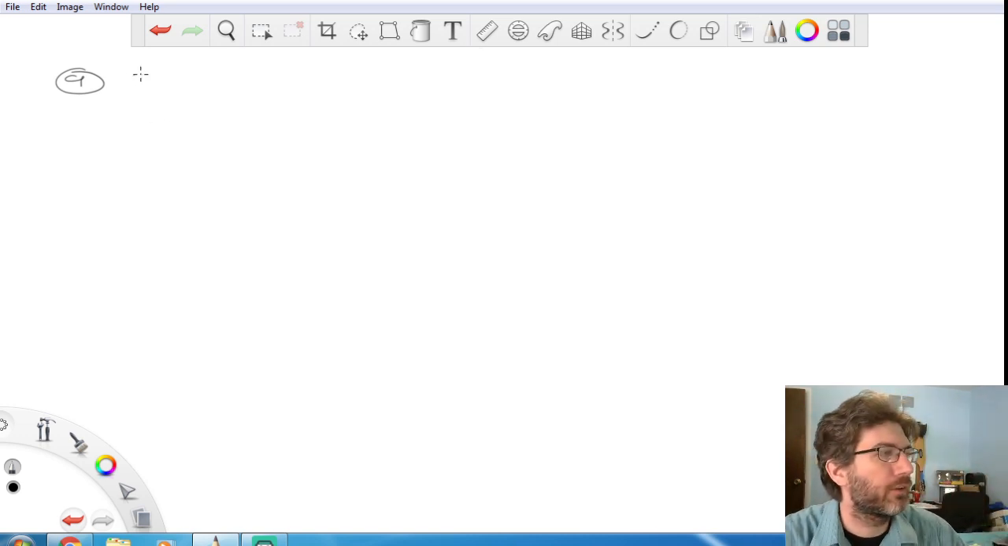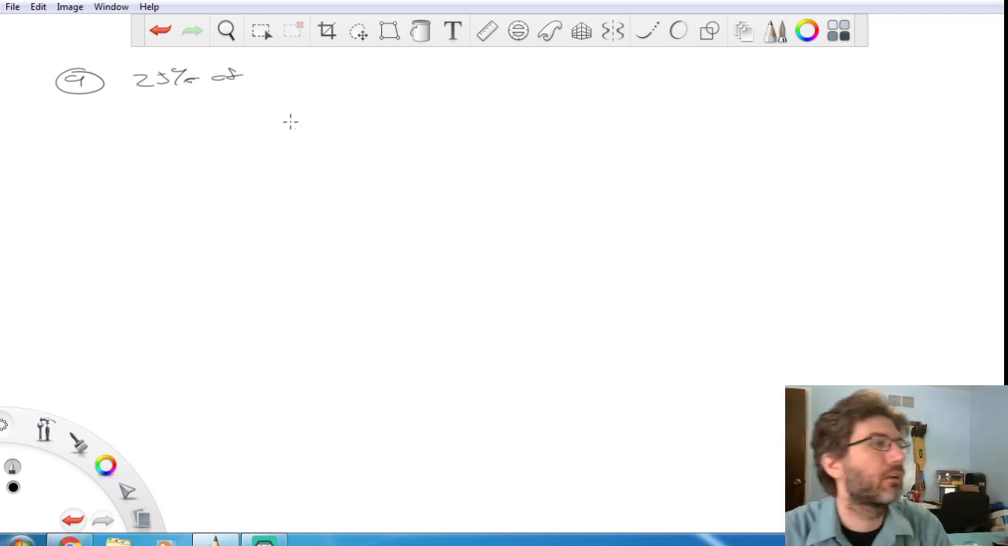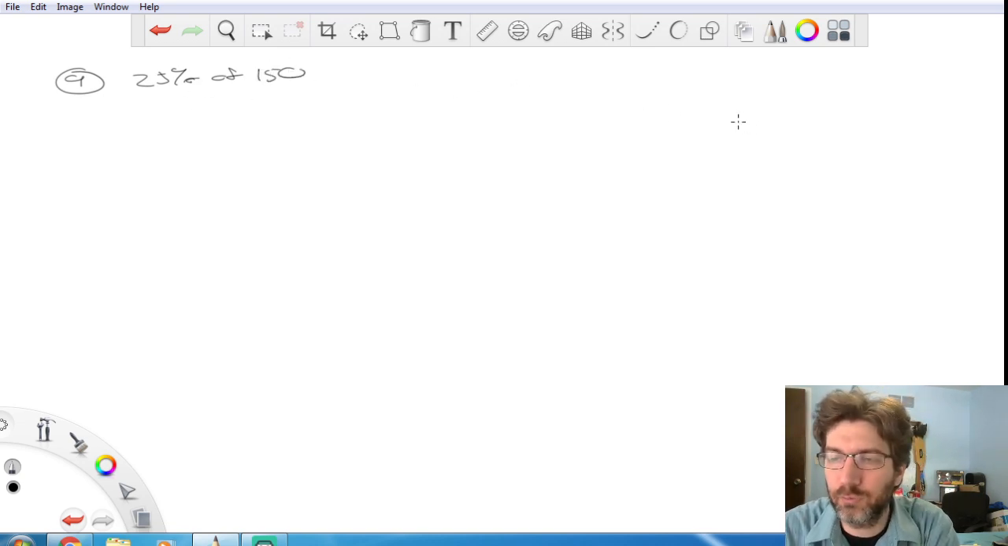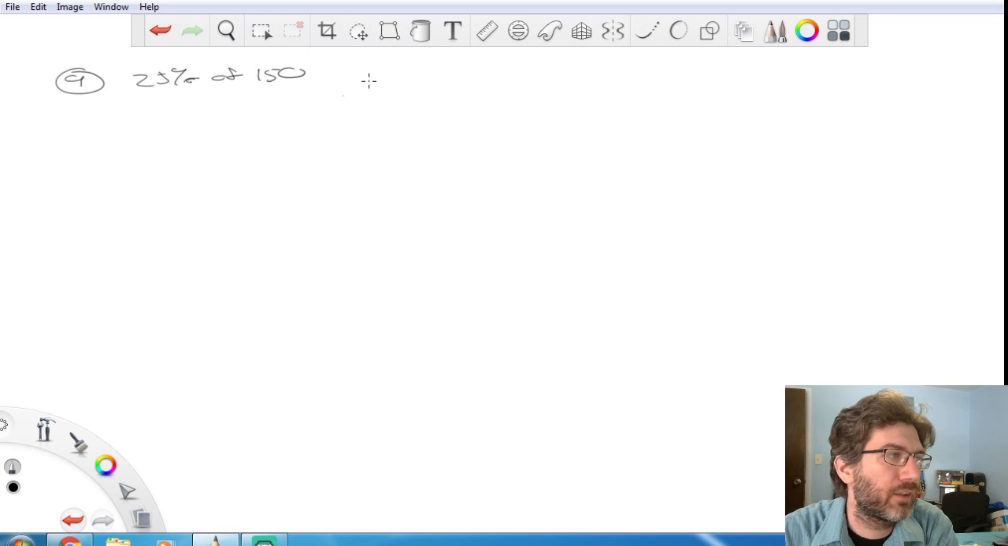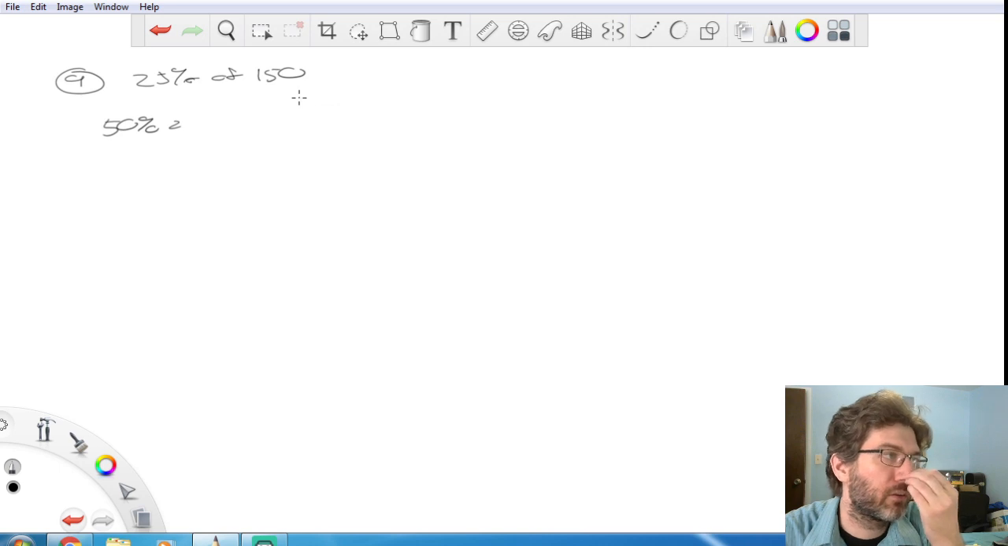Mine's pretty easy. 25% of, what is that, 150? Remember, 25% is half of a half. It's a fourth. So divide this in half and then get your answer and divide it in half again. So that's how we're going to do this, through reasoning. So 50% is half of that. So half of 150 is